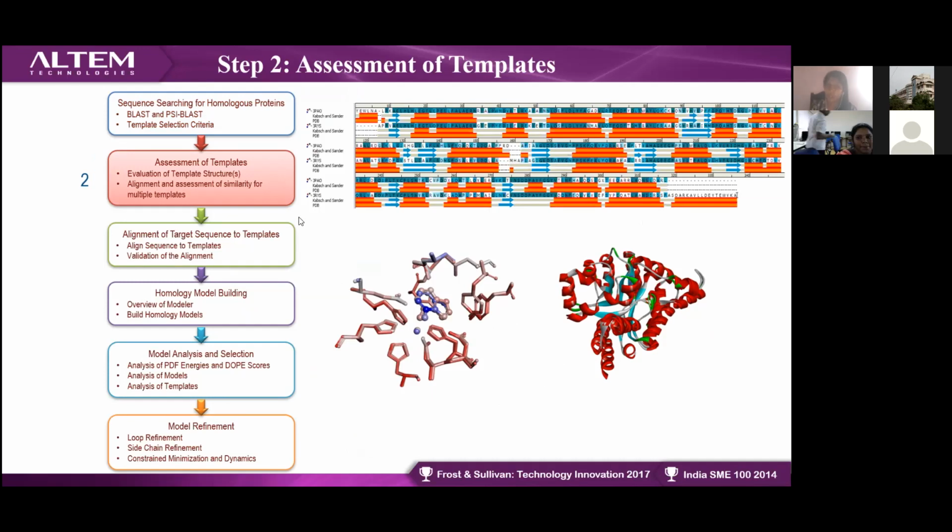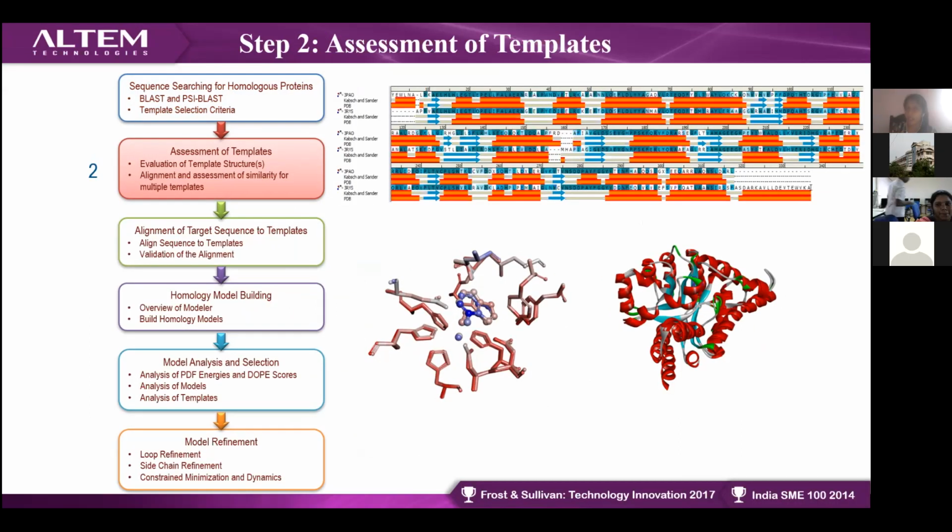First you have your protein structure, and you got your template structure. Once you have got your template structure, you need to go for alignment. You will align your compound, and then go for multiple sequence alignment or structure-based alignment. If you get a similar structure based on the structure alignment or multiple sequence alignment, then you will predict your model. So this is how the assessment of a template works.